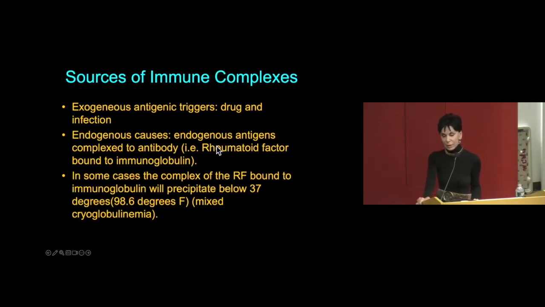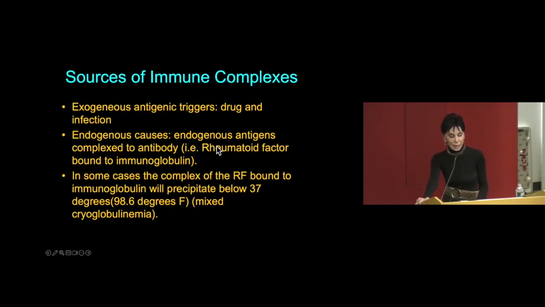Certainly, when you look at limited cutaneous leukocytoclastic vasculitis, where there's no multi-organ involvement, oftentimes it is a drug. When you're dealing with multi-organ leukocytoclastic vasculitis, it can be an endogenous antigen, best exemplified by systemic lupus, for example, where you could get multi-organ small vessel vasculitis. And one of the classic endogenous causes would be